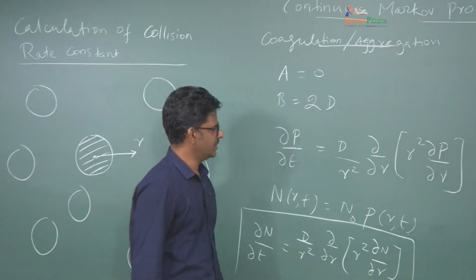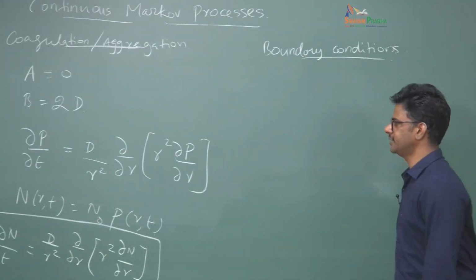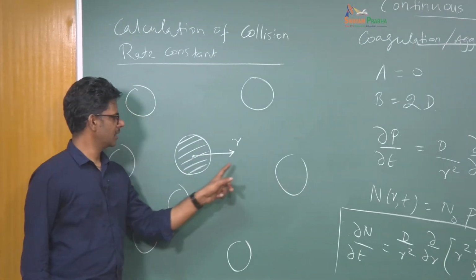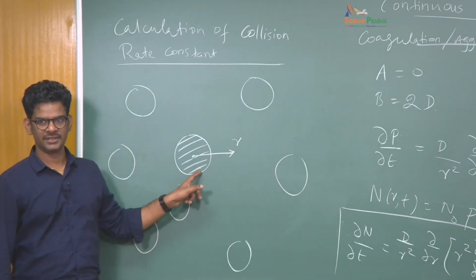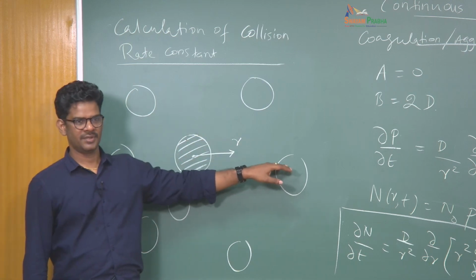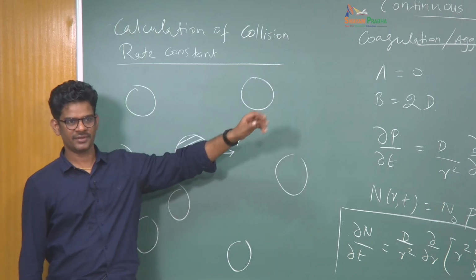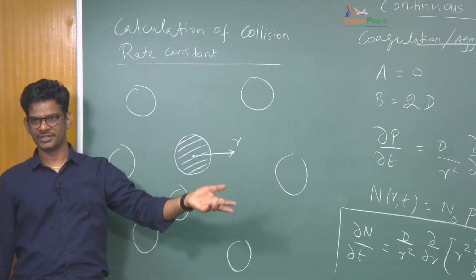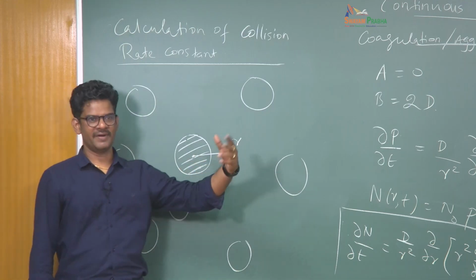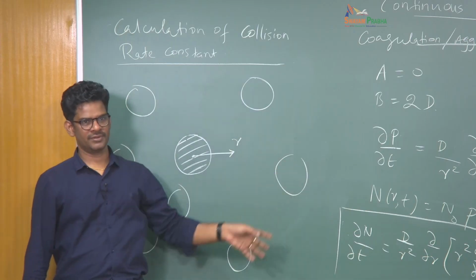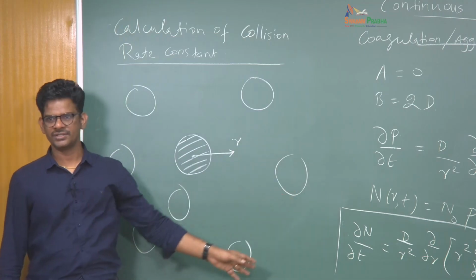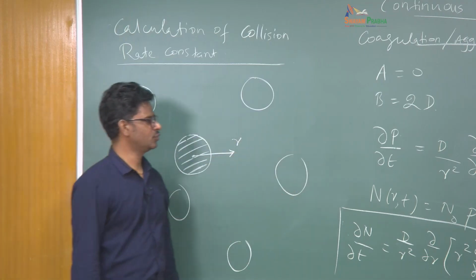Okay, so now the boundary conditions. As I said before, if these particles come close enough, the moment they come here, they would get attached here. That basically means the particle will vanish. It's not available anymore. It's like an absorbing boundary condition. Once a particle comes close enough to the surface, it is absorbed and is not available anymore. That's one. And then for r at a very large distance, we will have some average concentration of this particle. Those are the two boundary conditions.